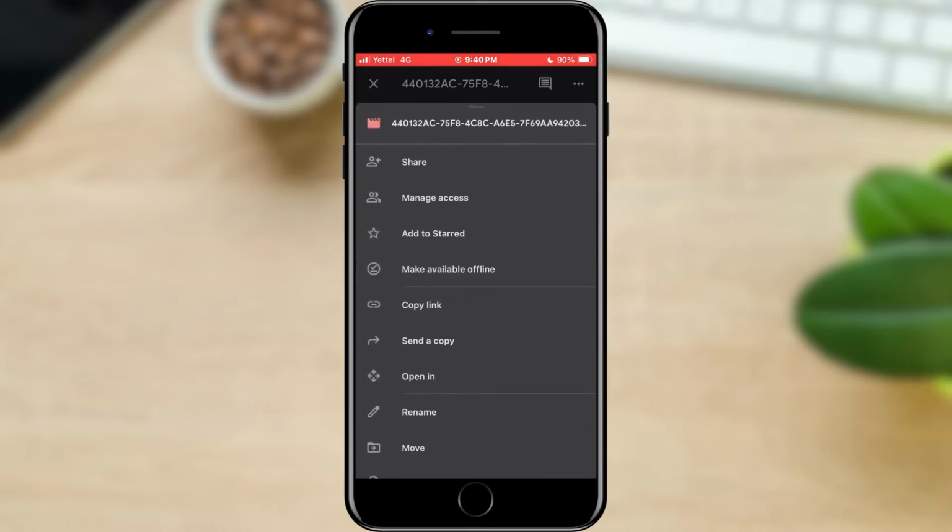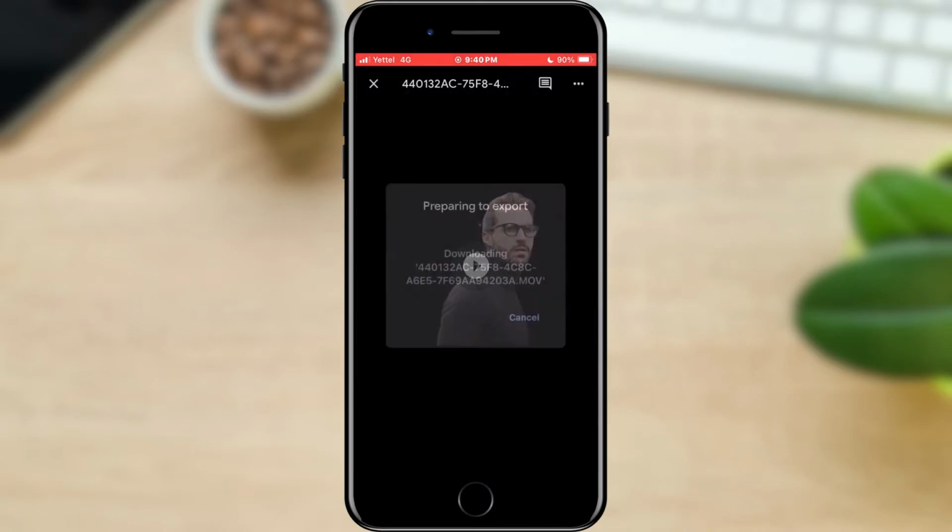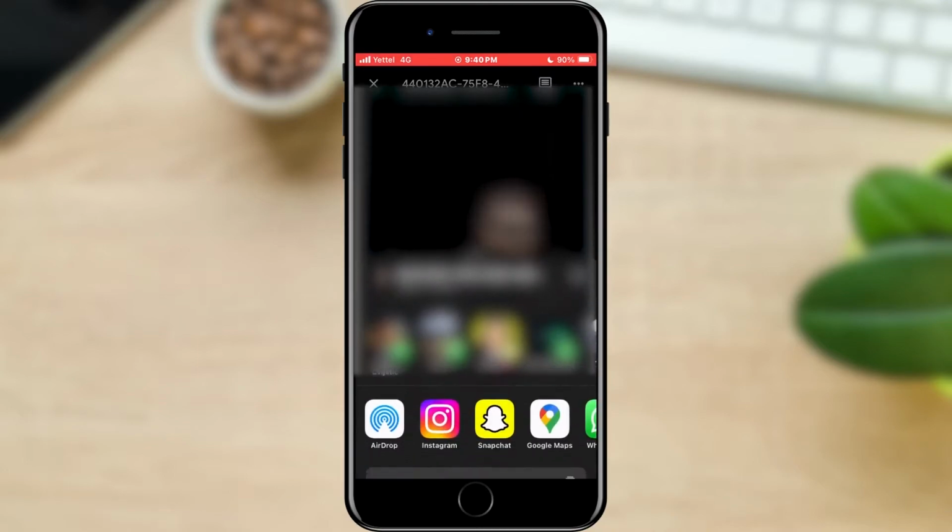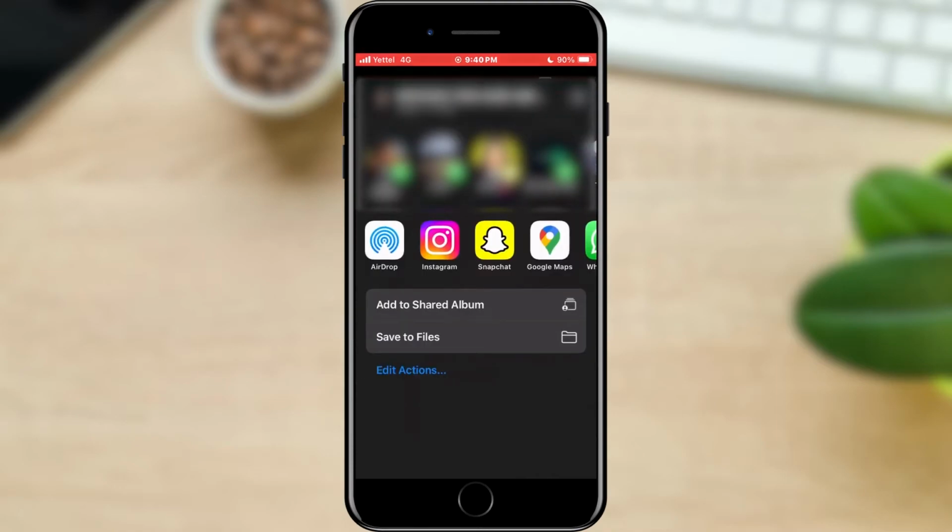In the pop-up window, we will find the Open in option from the many options and tap on it. We will wait for the application to prepare the video. When the application has successfully loaded the video, in the pop-up window we will find the option Save to Files